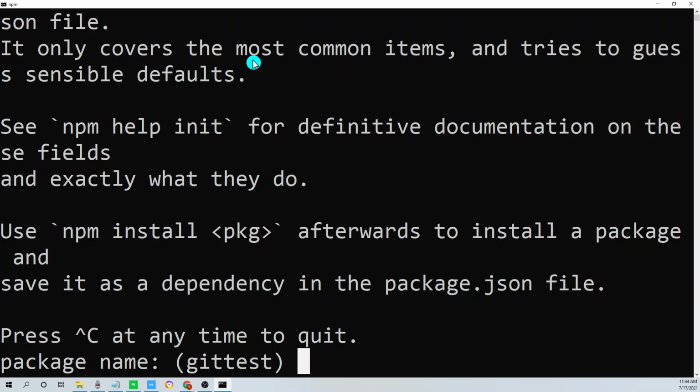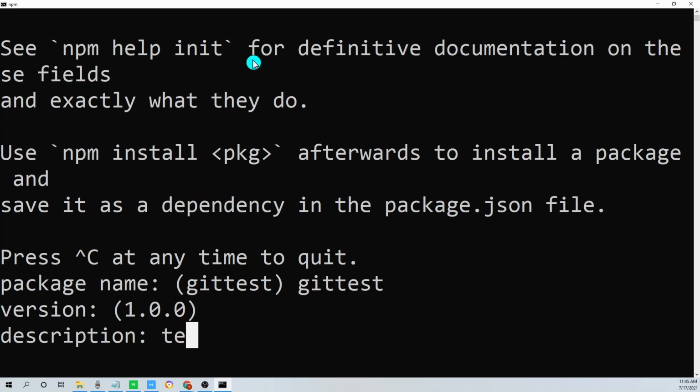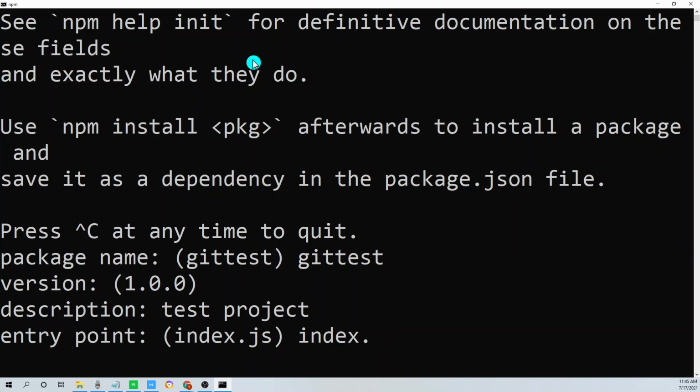Version I can leave blank. Entry point we will give as index.html. Test command we can leave blank.